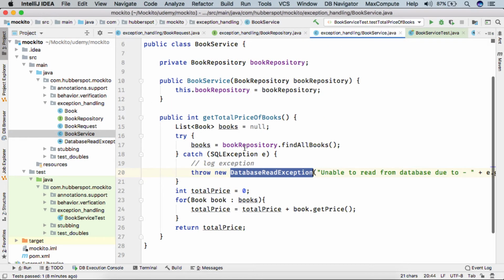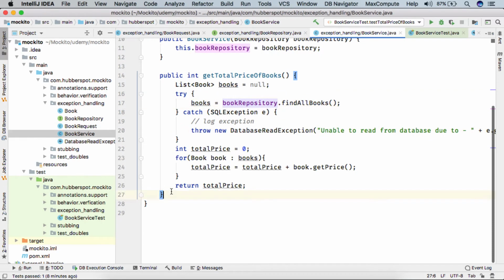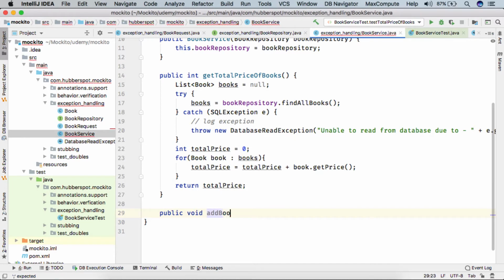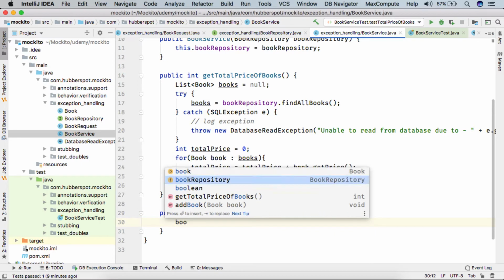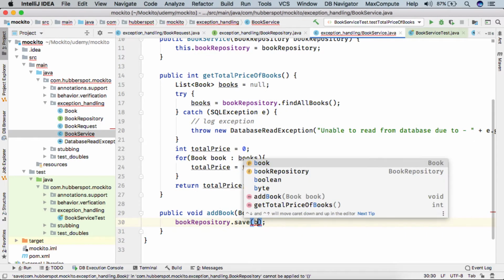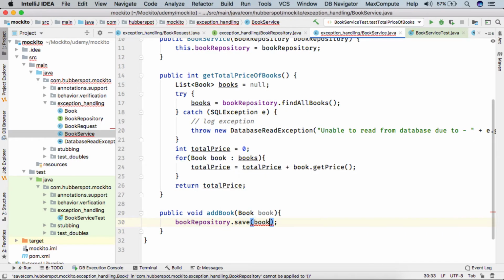And in our book service class, let's say I provide a method as add book, which takes a book and, using book repository, it calls save and saves the book.